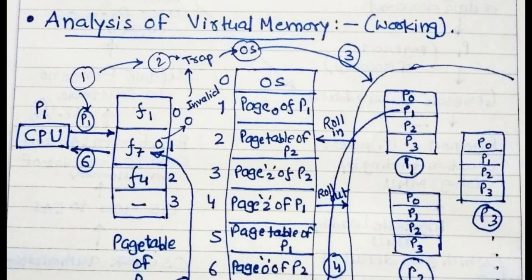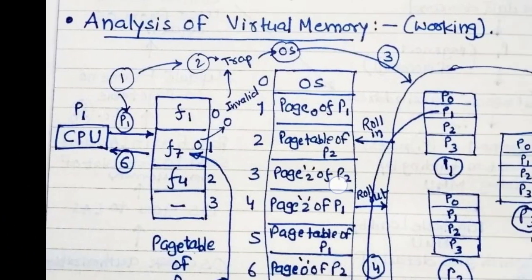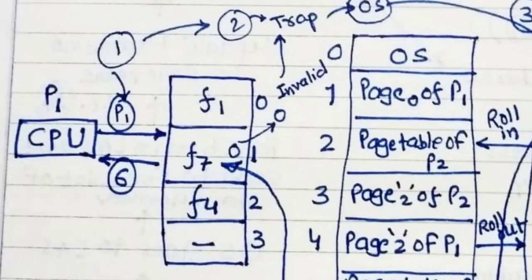These are divided into 6 parts. So step by step we can understand what actually happens in virtual memory when the CPU generates a demand or executes some data. Now here is a process, as shown in part 1. Suppose the process is P1, so the page demand or data is demanded here.